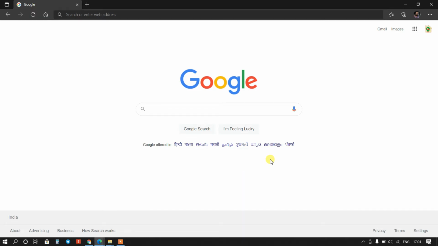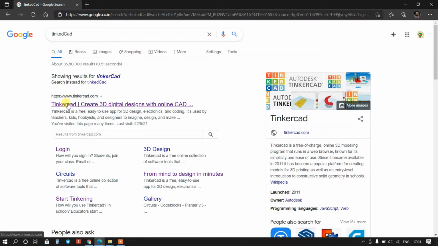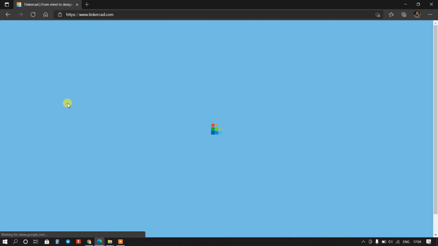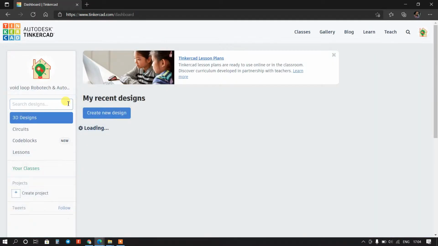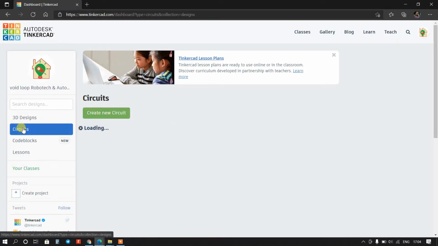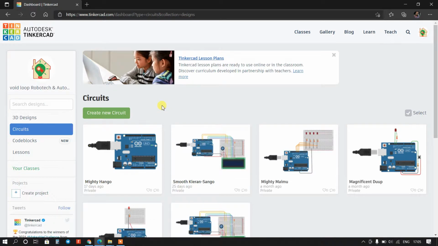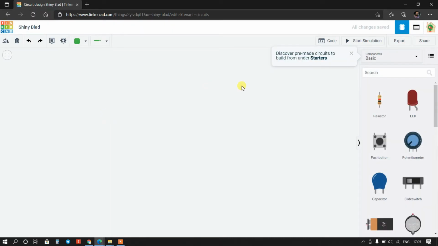Now I will search here Tinkercad and go to this official website www.tinkercad.com. Okay. So now go to circuits and you can see I have already logged in here, so we no need to log in, and create here new circuit. Okay,